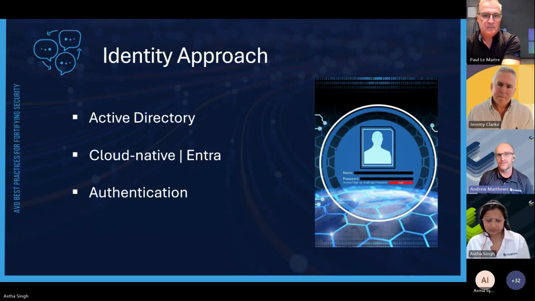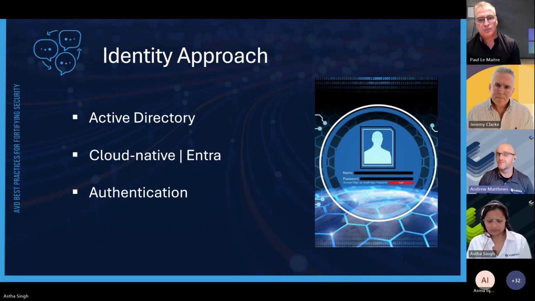That hybrid join and Entra ID joined, or integrated apps rather, facilitates that seamless sign-in to apps and fewer credential prompts and a better experience for the users. So there's 3 levels there: